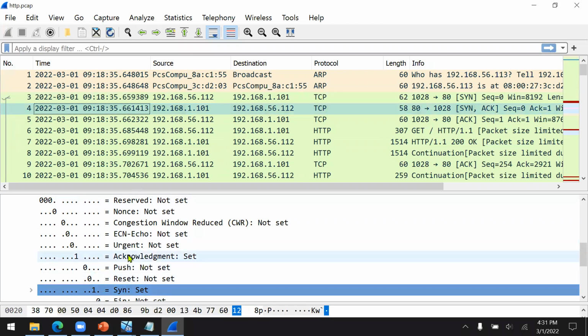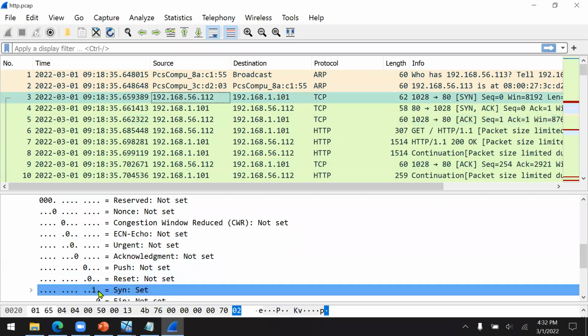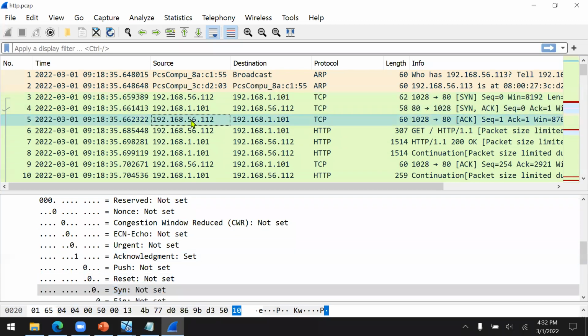So the SYN flag is active, and the acknowledge flag is also active. But in here, only the acknowledge flag is active. So the first is SYN only, then both SYN and acknowledge, and then the last one is acknowledge only.